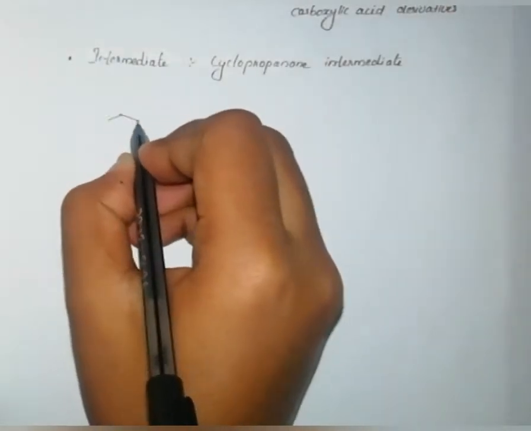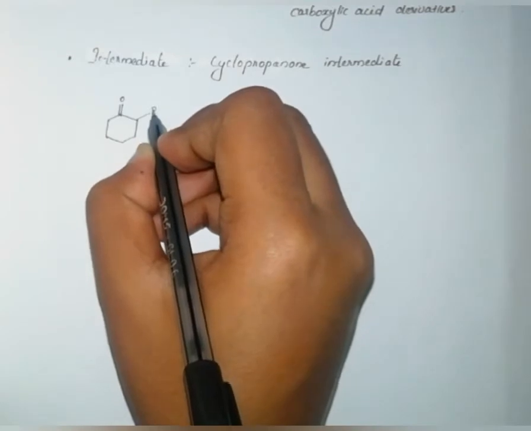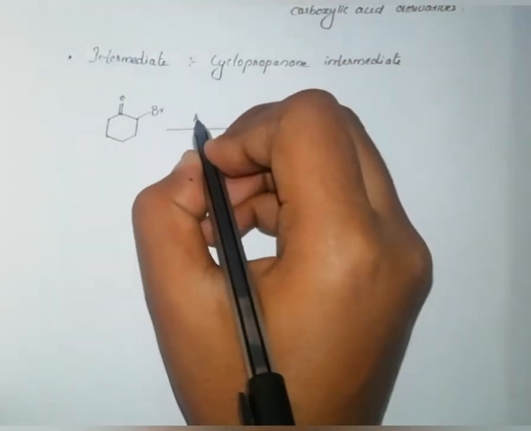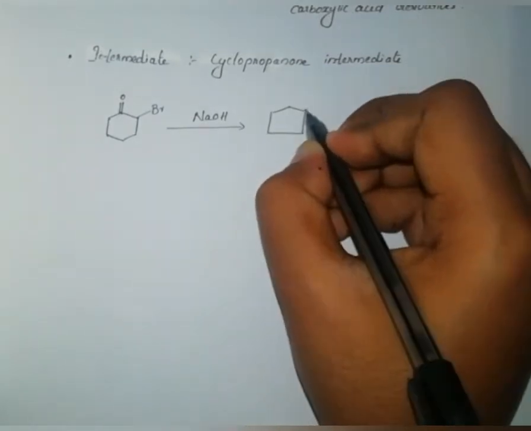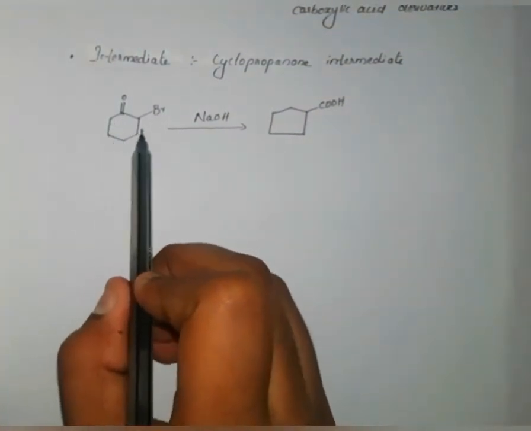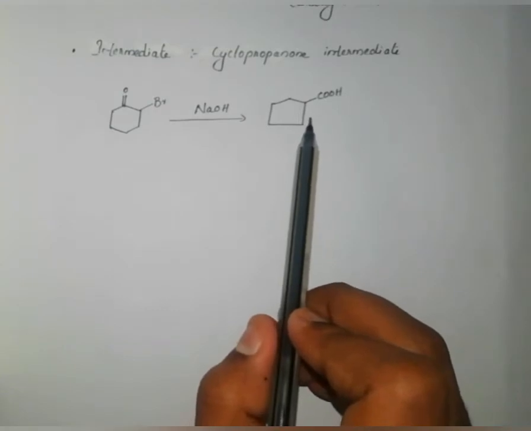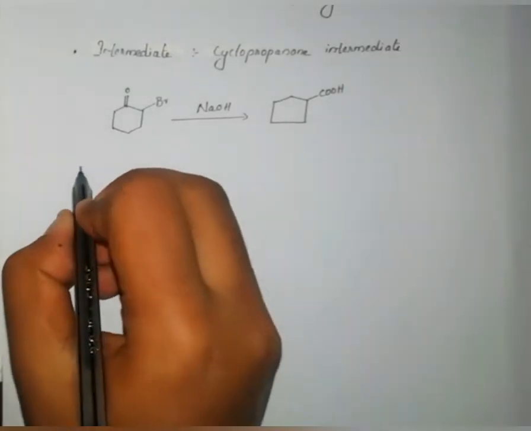Let's see an example. This is an alpha haloketone, a cyclic ketone, in presence of NaOH. This becomes a carboxylic acid, COOH. You can see here that the size of the ring is decreased, changed into a smaller ring after the completion of the reaction. And the mechanism of this reaction is